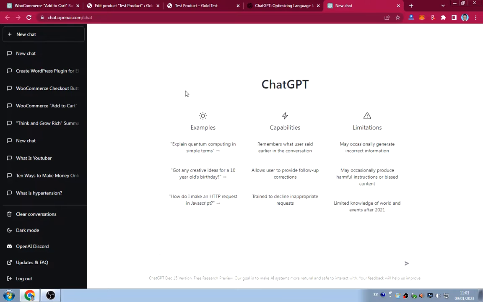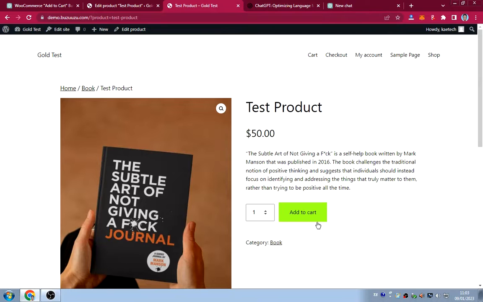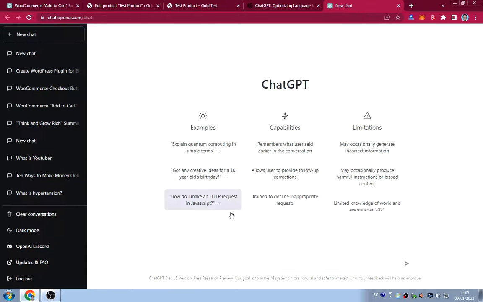Now we're just going to tell ChatGPT that we want to change this. ChatGPT should write us some code that will help us change this add to cart button over here. So I'm going to write over here,